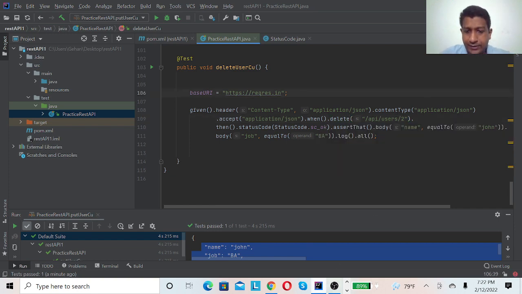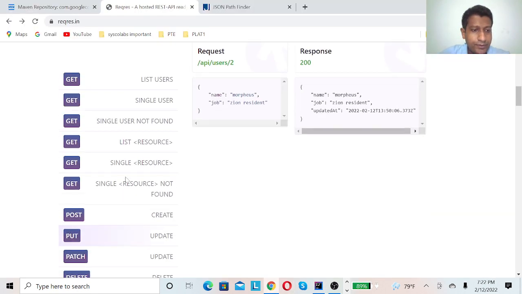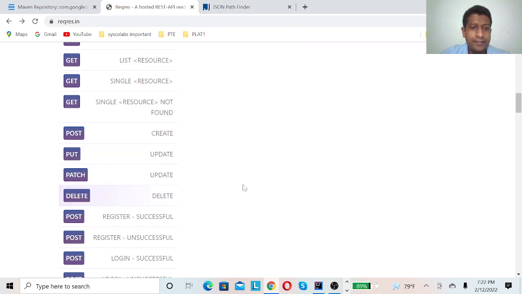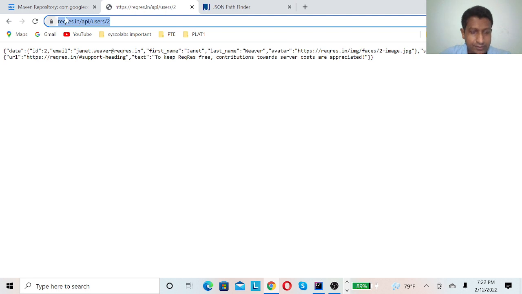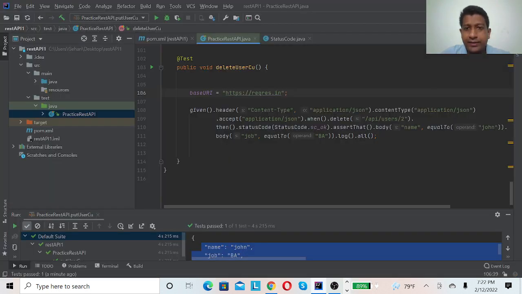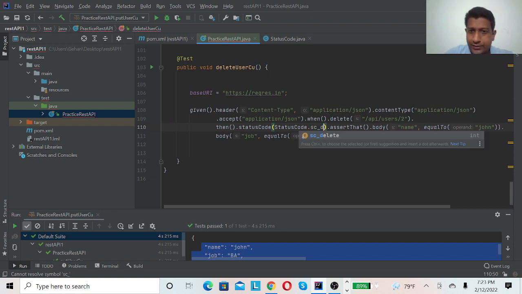I need to get the delete URI, so let's go here, this is the delete, and you can copy this one. I'm deleting the ID number 2, it's similar, users number 2. Then instead of OK, I will change my status code to the delete code.